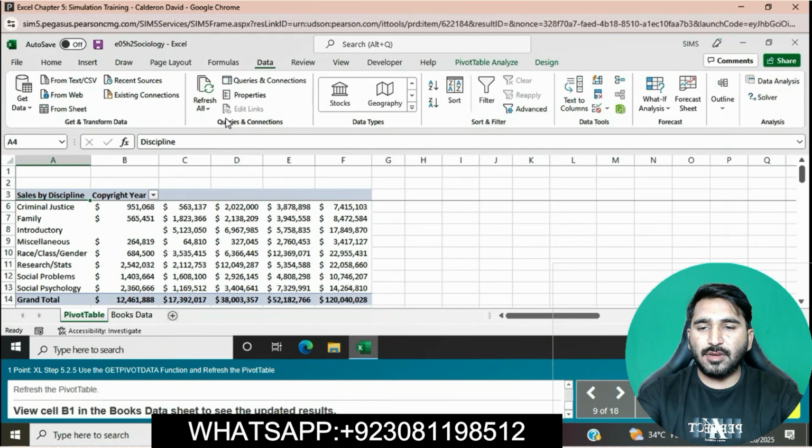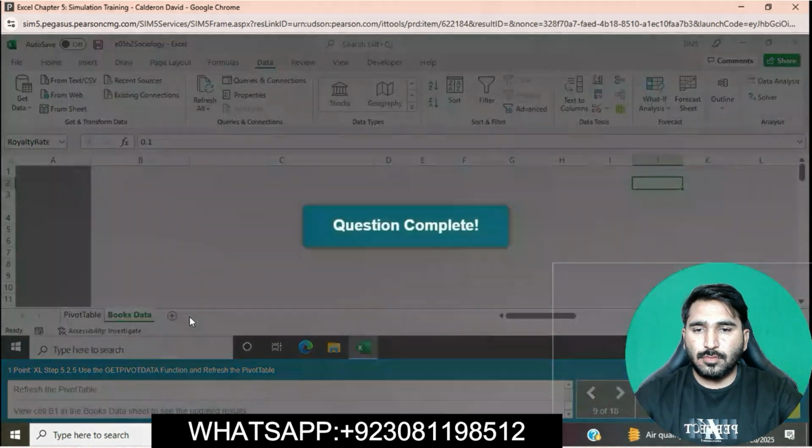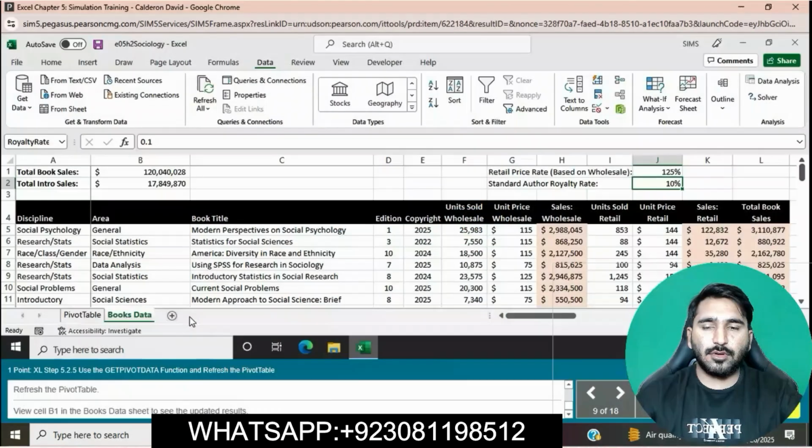Click on cell B1 in the books data sheet to see the updated result. Okay, this is good now.